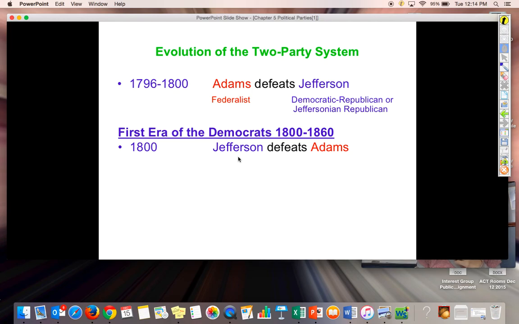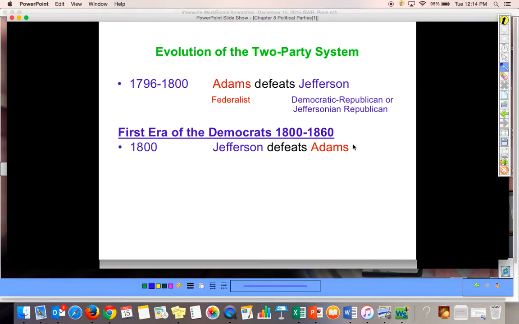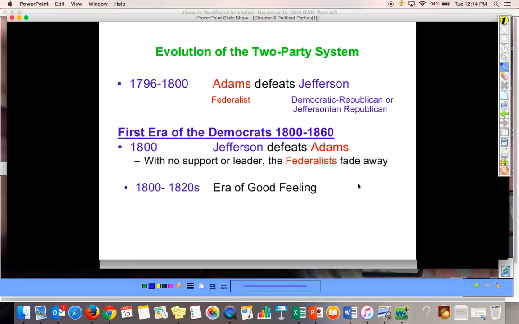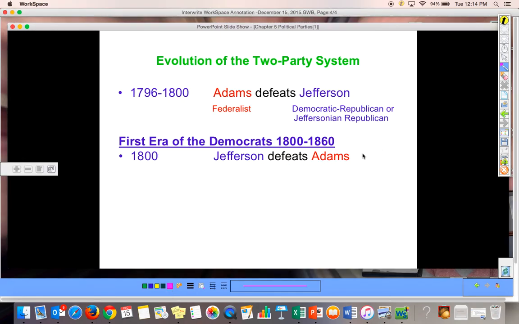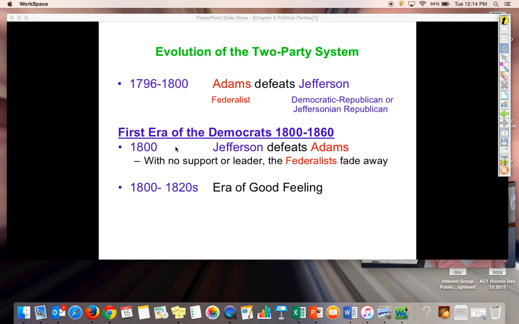The Democratic-Republican coalition will eventually include farmers, laborers, planters, etc. A key thing about the election of 1800 is that this is the first time there is a peaceful transfer of power. I think you all noticed that in your notes when we were doing our terms. George Washington did it with Adams, but this is the first big election. So Adams quietly steps away and Jefferson assumes power. What we also note here is that this is the domination of the first era.